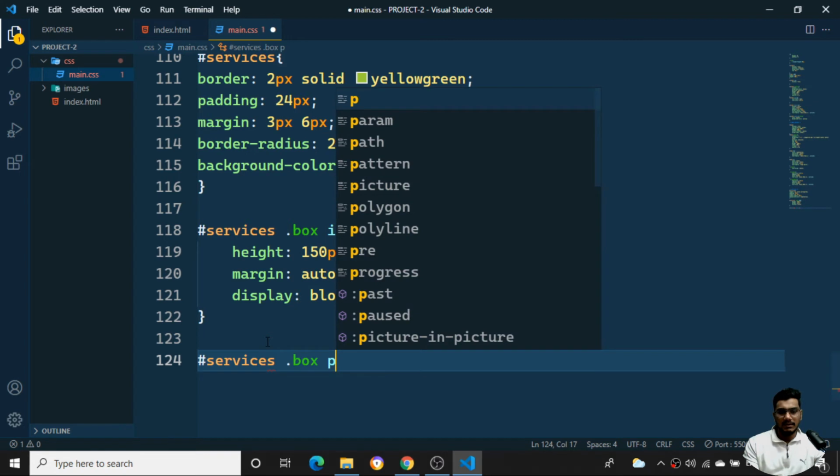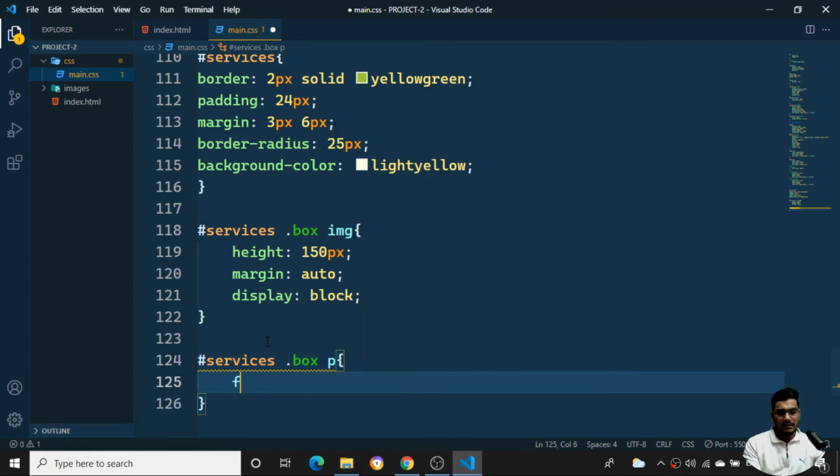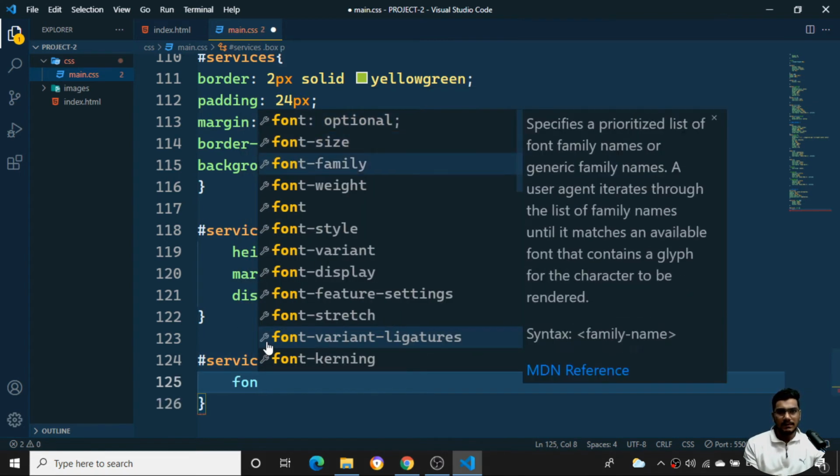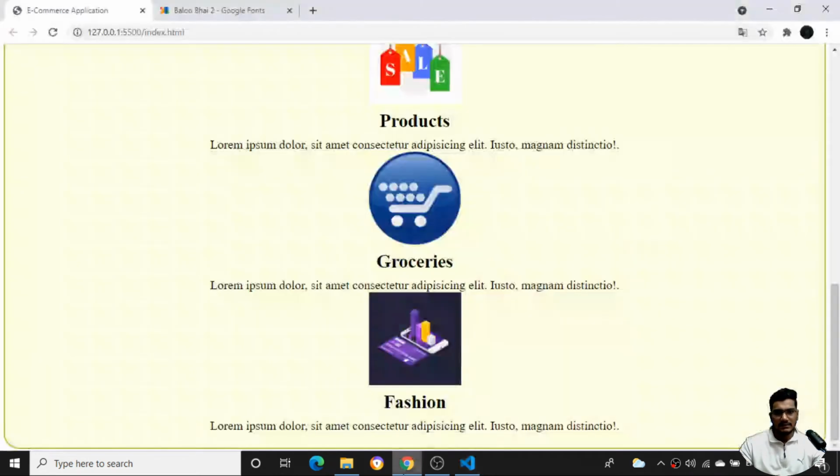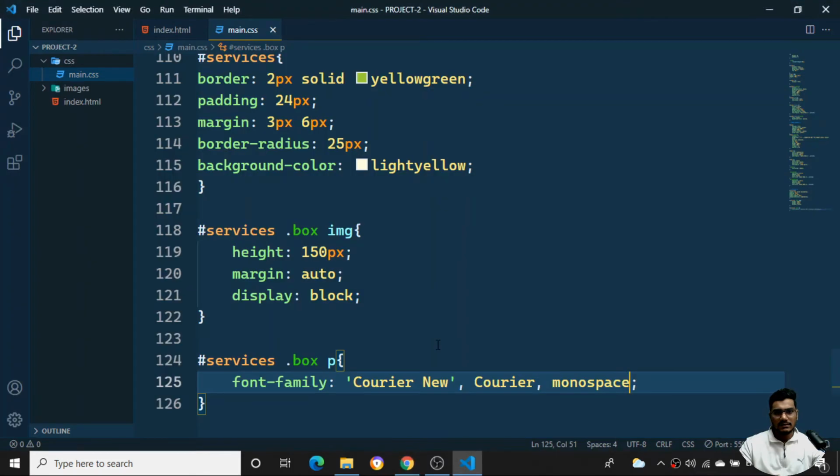So here I'll apply the CSS property for the paragraph. I'll apply the particular font family for the header. So I can give for this one something like this, and even if I just save this one, the CSS will be using this one. I don't like this particular font, so I can use this Bree Serif here.